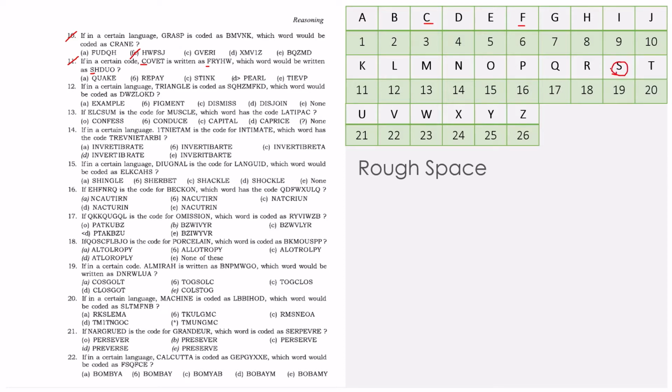So it's behind 3. Here if you see clearly, covet is a proper word and fry HW is a random word. And here they are giving the random word and asking us to find the proper word. So we have to go reverse. From proper word to random word, we get +3. From random word to proper word, we get -3. So according to me, the option will be D. Okay. So for the 12th one, just take 10 or 15 seconds. You can just pause the video.